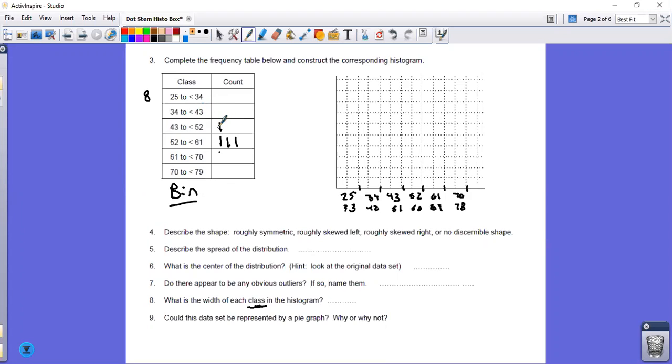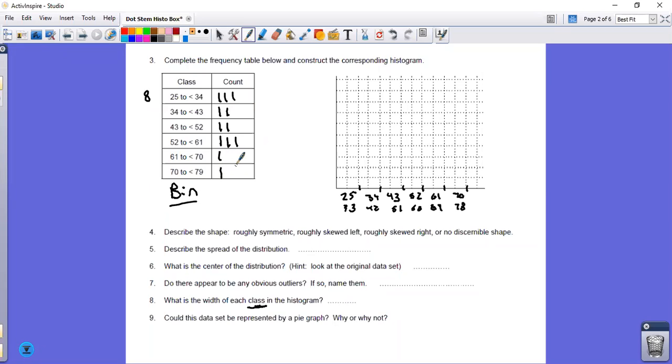So 43 would go in that group, not both of them. 35, there, 32, 47, here, 28, first group, 33, that group, 42, there, 65,